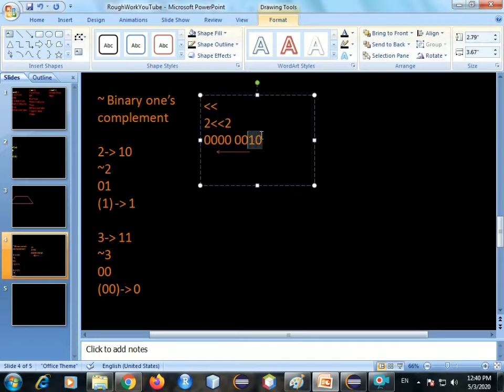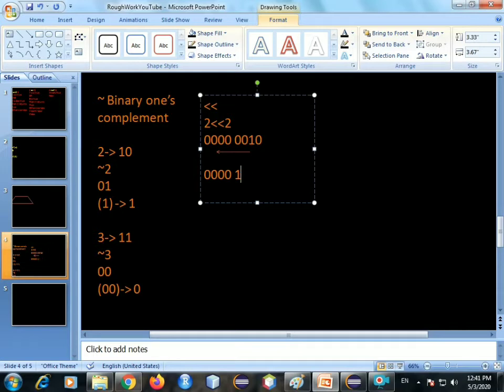This 10 here will shift here. Y'all can try it out, it'll help y'all understand better. The number that we get is 0 0 0 0 1 0 and then 0 0 again. So basically I'm shifting each number to the left and then pushing a 0 to the right hand side.